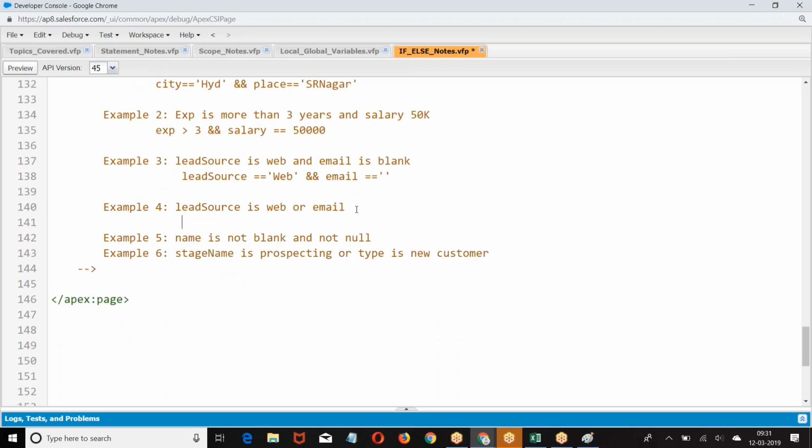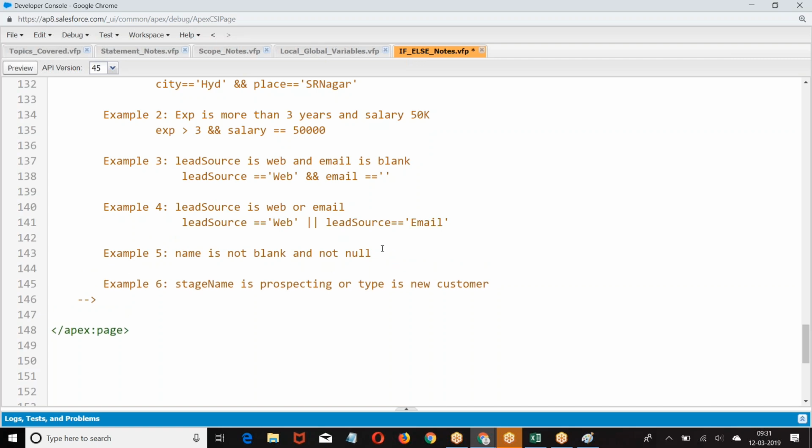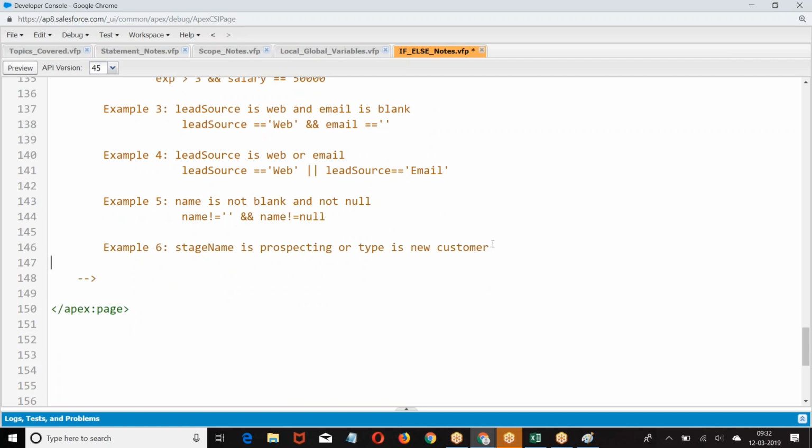Lead source is web or email. Name is not blank, and name is not blank, name is not, stage name, type equal to,